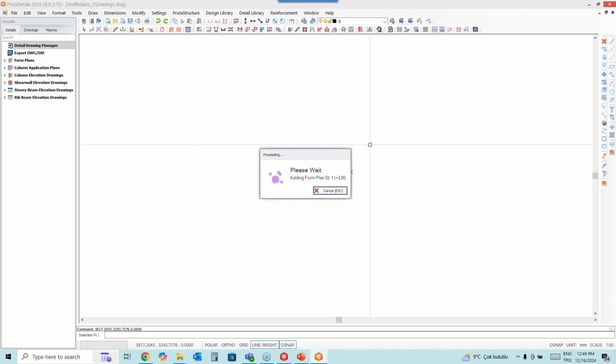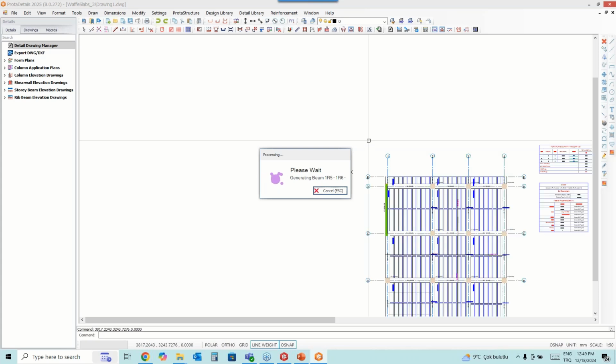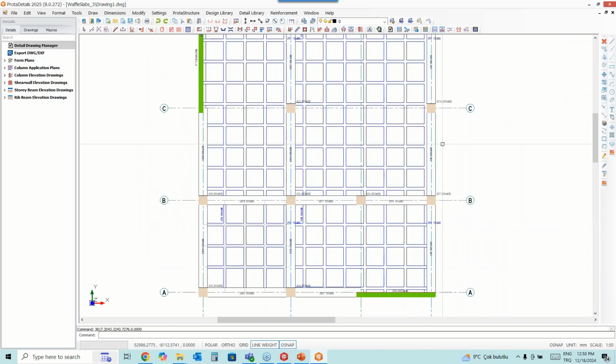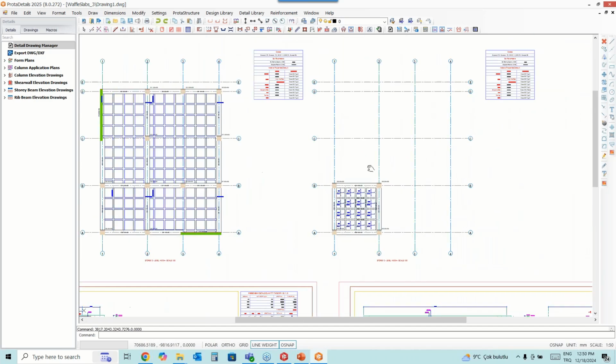So I'm just clicking on a point on the screen, and the details will be generated automatically. So normally creating such details manually will take maybe days, but with just a couple clicks, we created all details precisely like this.